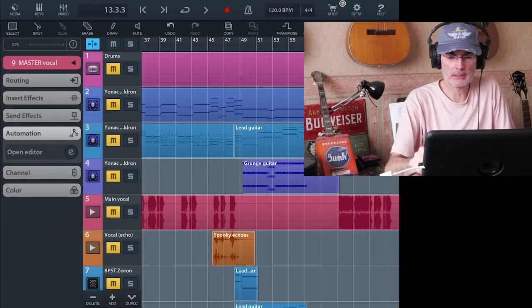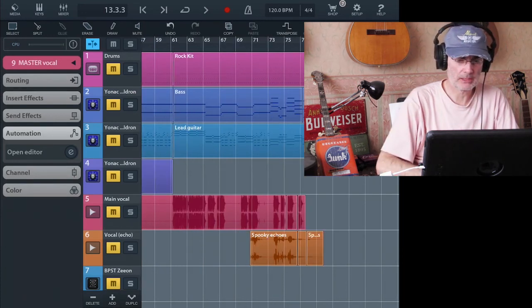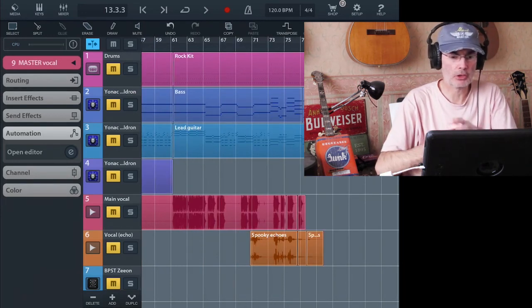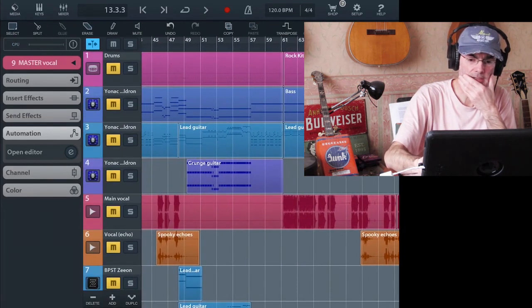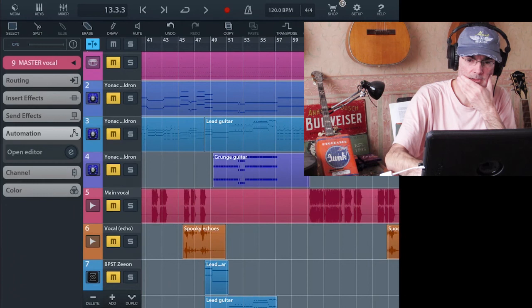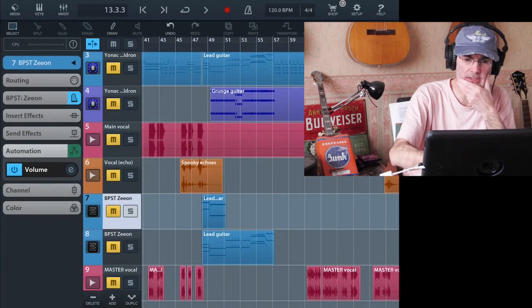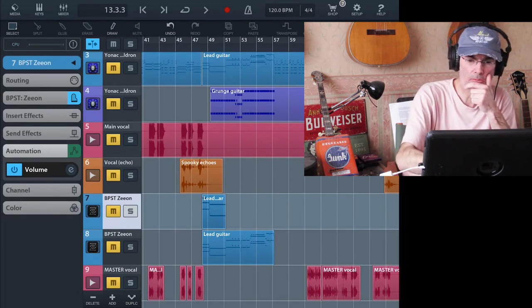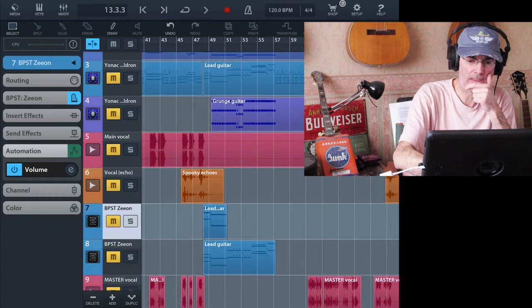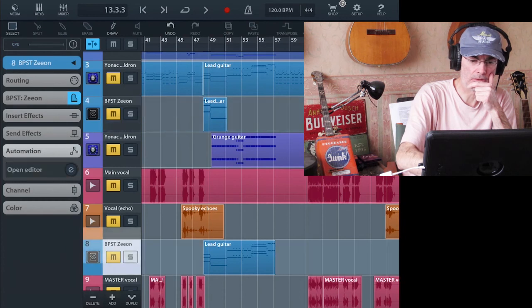So the only other thing of consequence I've done is I've worked a bit on that solo, and I've actually added, let's just change the order of these. That's the lead guitar. I've added two extra lead guitar tracks. Again, they're just overlays to that specific portion around the solo. If I just move these up so they're below the main lead guitar, if I click and hold on that and just drag it up, and then the next one, click and hold and drag that up,